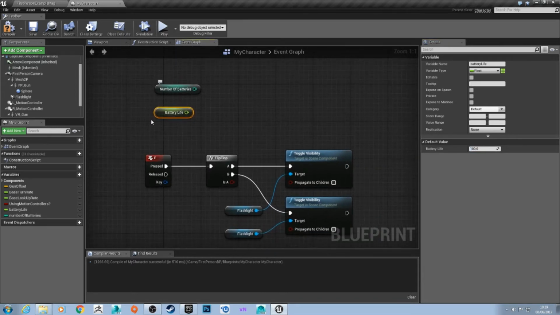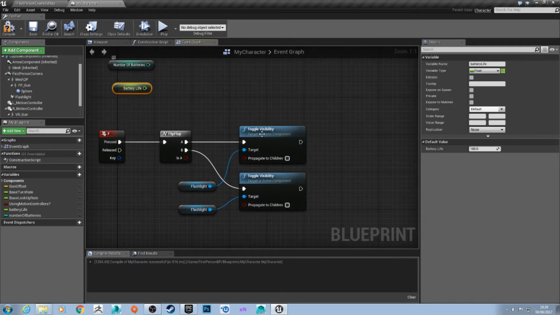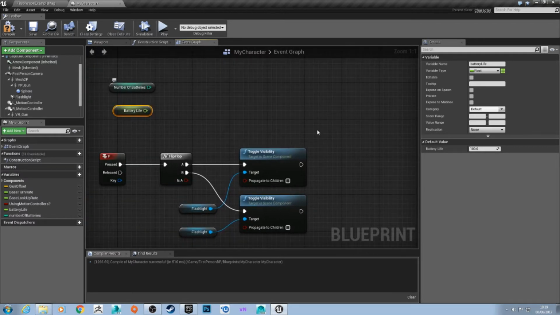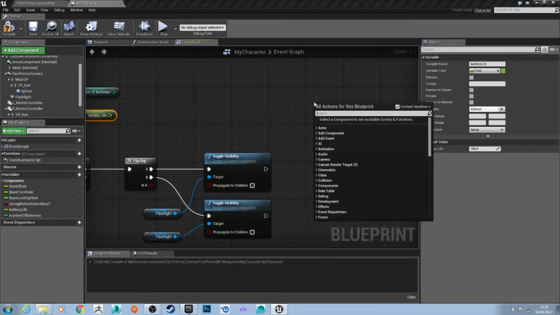So now that we've got the two variables, we need to create a system that will basically allow battery to be drained and for batteries to be consumed. So I'm going to go through the actual battery to be consumed as well, and tie it in here to these toggle visibility nodes. In order to do this, a lot of people would use an event tick